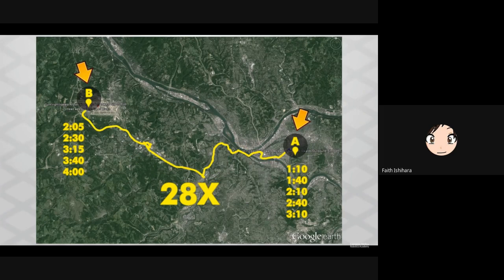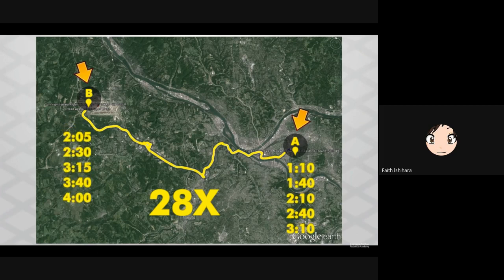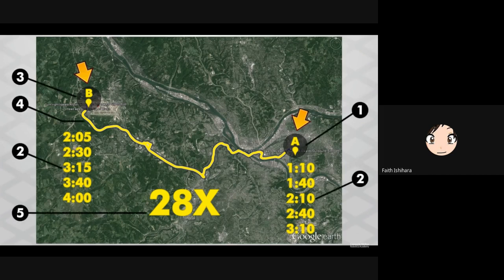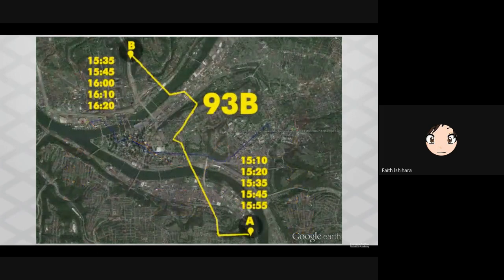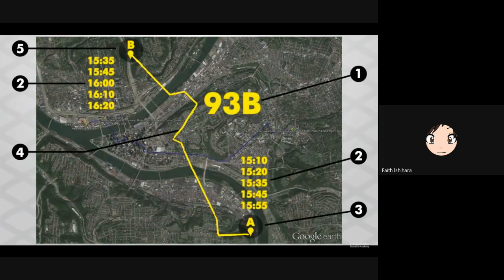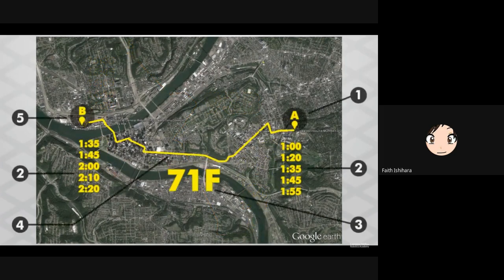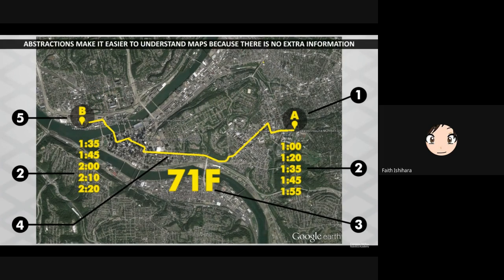These pieces of information, bus number, start, stop, times, and route, are essential to the task and are included in the abstraction. Note that even though it features only 5 pieces of information, those 5 pieces can represent many different routes, because every one of them has a start, end, route, bus number, and times. Because abstractions focus on the key pieces of information, they are doubly useful. A single abstraction can represent a whole class of similar things, and they make it easier to understand each one, because there is not extra information present.